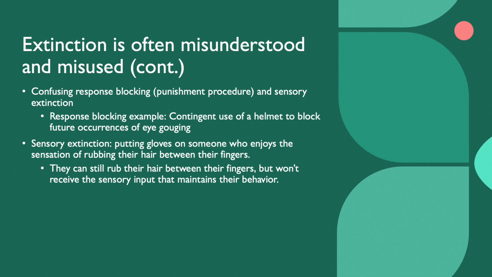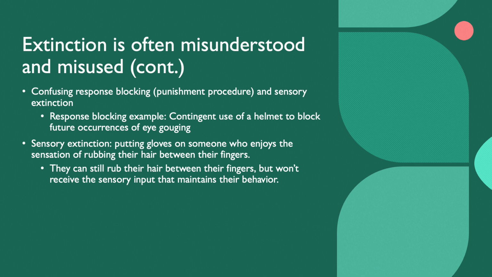Another way that extinction can be misunderstood or misused is that people are confusing response blocking and sensory extinction. As I mentioned, sensory extinction is when extinction is applied to a behavior that's maintained by automatic reinforcement, where we're withholding the specific reinforcer that we've identified as maintaining that behavior. Whereas response blocking is a punishment procedure, in which the behavior occurs, and then contingent on that behavior, we're blocking. We're adding something to the environment that blocks the person from being able to continue to engage in that